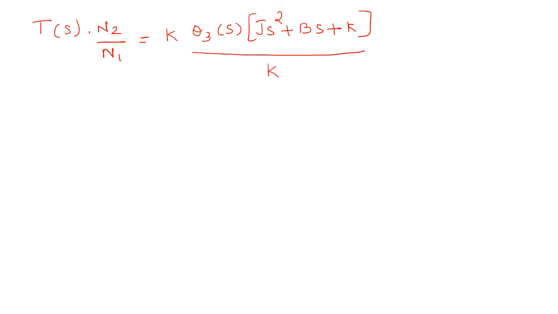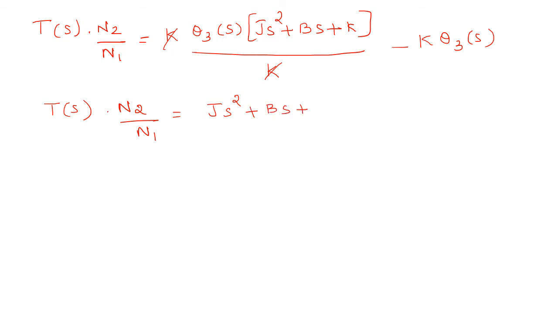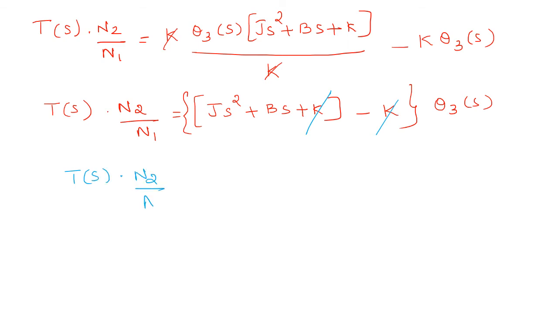T of S into N2 by N1 is equal to K into theta 2, which is theta 3 of S into Js square plus Bs plus K divided by K, minus K into theta 3 of S. So this K and this K get cancelled, and we are remaining with Js square plus Bs plus K minus K, the whole thing into theta 3 of S, that is T of S into N2 by N1 is equal to Js square plus Bs into